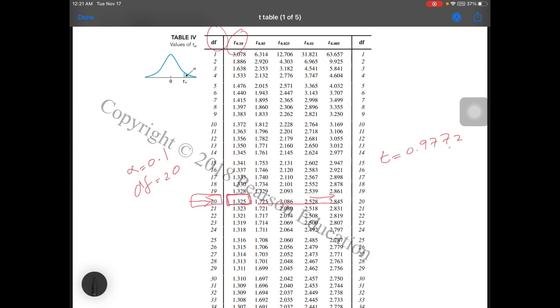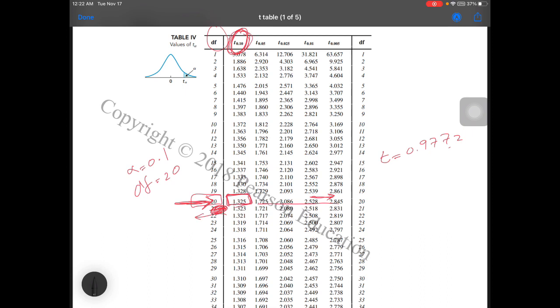The smallest value we can find with respect to degree of freedom 20 is 1.325, which belongs to t 0.1, which means alpha 0.1, but we need a value less than this value, which means somewhere here, but we don't have that value, so we can assume our p value is less than this value, because we can see the pattern, values are increasing this side, which means values are decreasing this side. Okay, so our value is 0.97, somewhere left hand to this value,